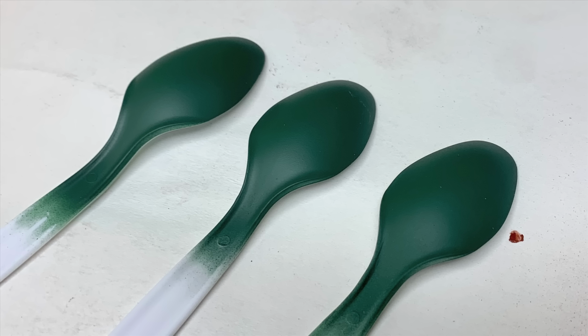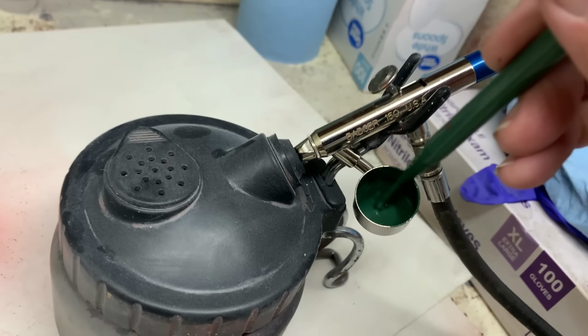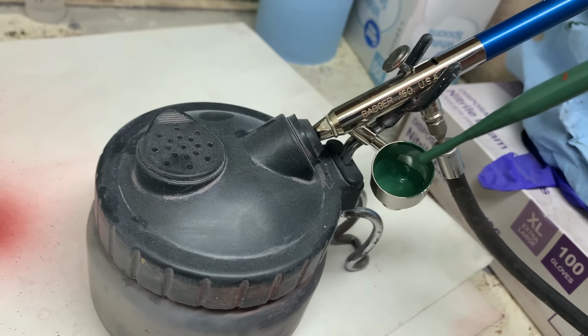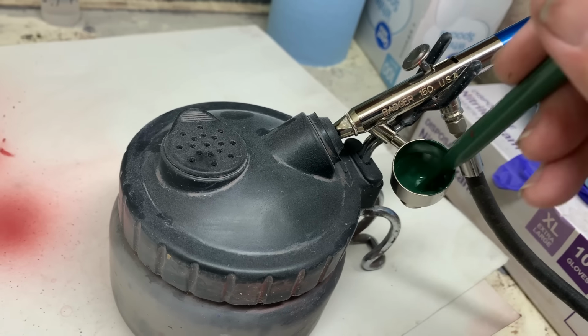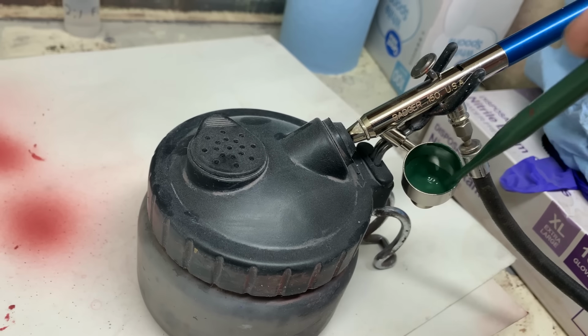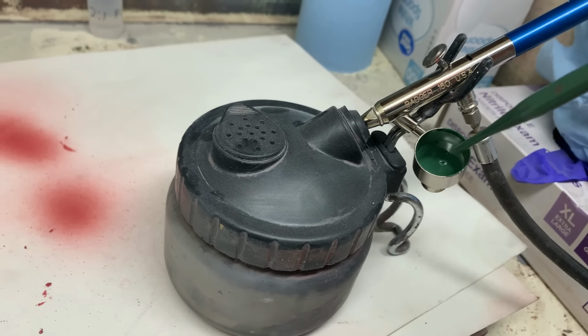I liked mixing the colors directly in the color cup using markings on the pipette to determine my mixture. Of course, there's no stink or toxic fumes involved here. That's a plus. But I think the biggest plus here, the thing I like the most, is that the cleanup